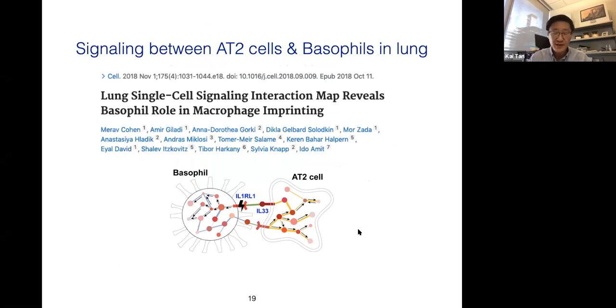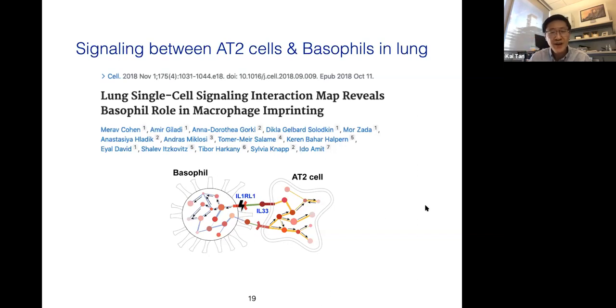Okay, so we also tried a second approach to evaluate the prediction, which is we try to find single-cell RNA-seq data with the receptor gene knockout. Fortunately, we found this particular publication by the Ahmet group, where they identify a novel interaction between the AT2 cells and the basophils in lung. That's mediated by the interleukin-33 ligand and interleukin-1 receptor-like 1 receptor interaction as shown here. So they validated their finding by knocking out the interleukin-1 receptor-like 1 receptor and did the single-cell RNA-seq